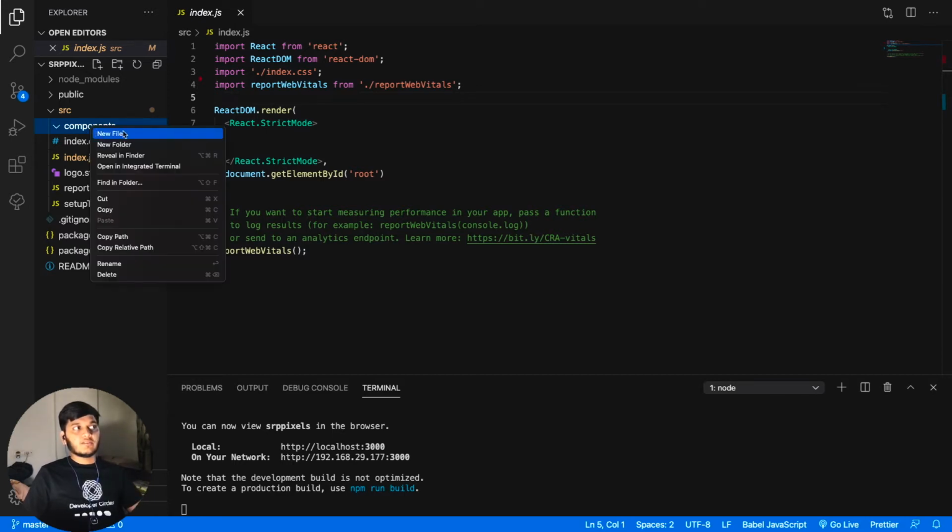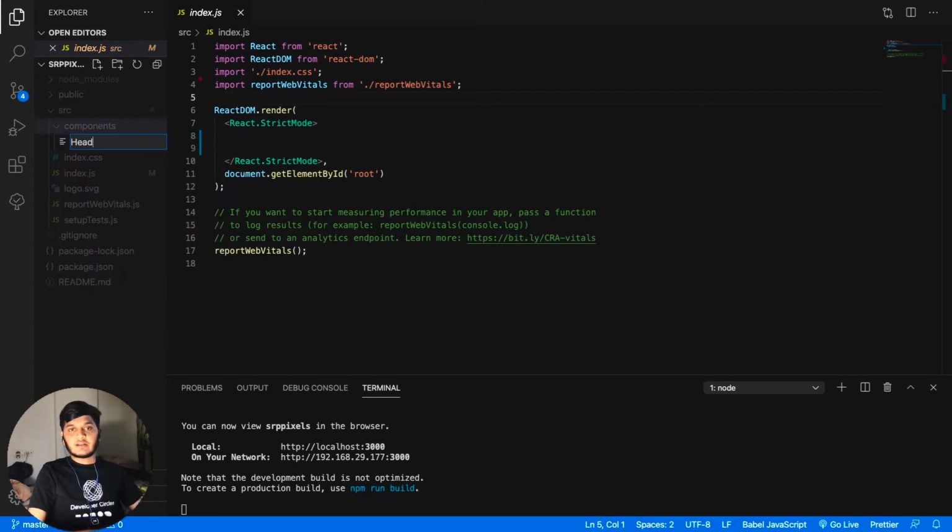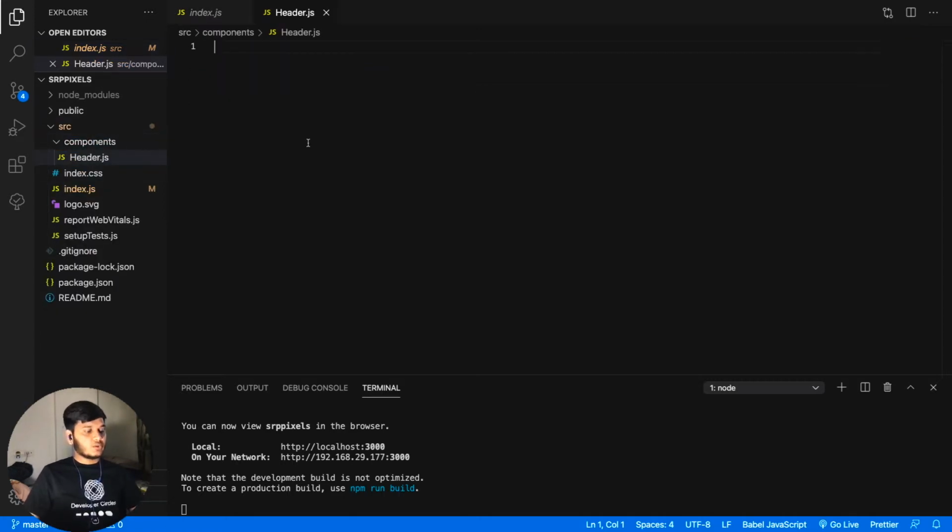We'll be creating one file here. Let's create the header.js file, as we have gone through in the example. There's a catch here: you can create a file with .jsx format and .js also. There's no difference in both. Let's create one functional component here. We'll be walking through class-based components in the next video. In this video we'll be talking about functional components, so I can also walk you through props.